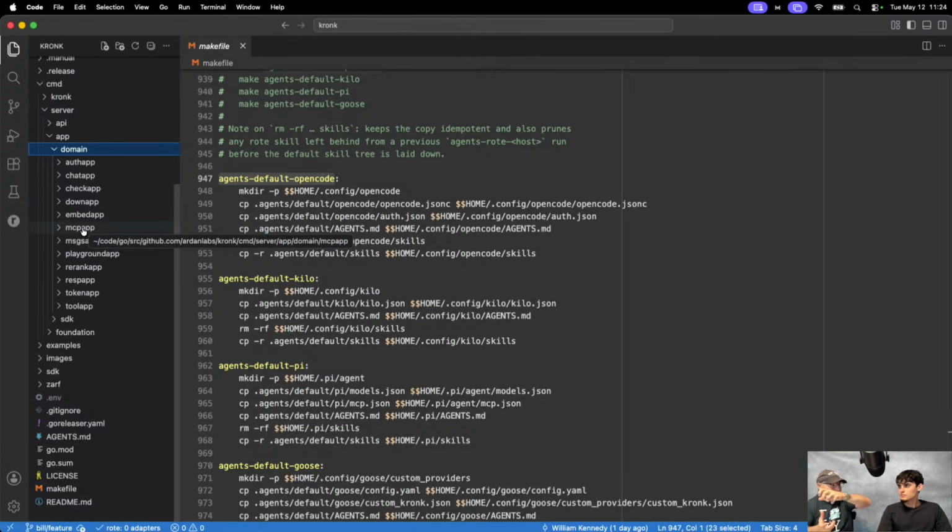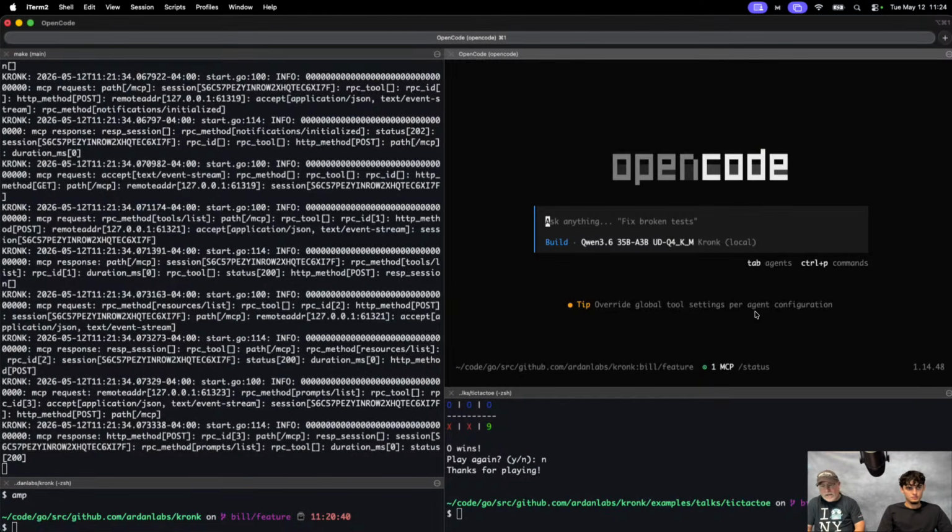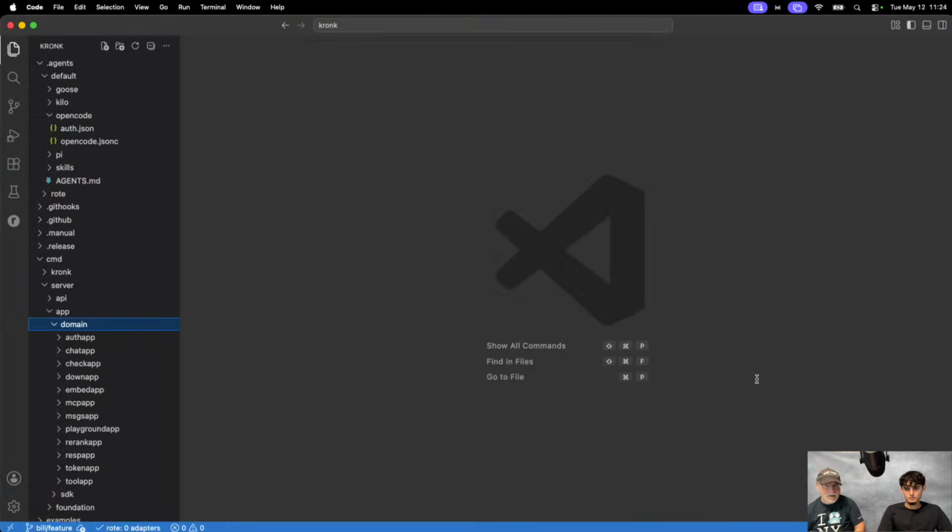Because sometimes you're trying to replace a big thing and tab markers and stuff can get in the way. And then I always wanted access to web search, so I integrated the Brave API into the MCP app. And those two things are exposed. If you're going to have an MCP service like I do, you can see that open code is connected to it. You have to tell open code about this stuff, right?